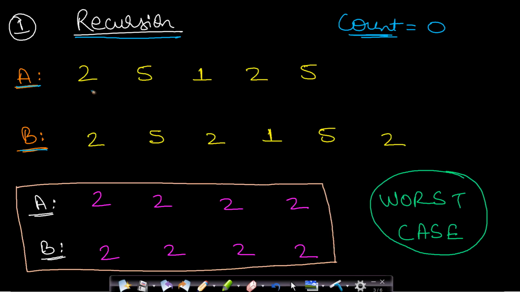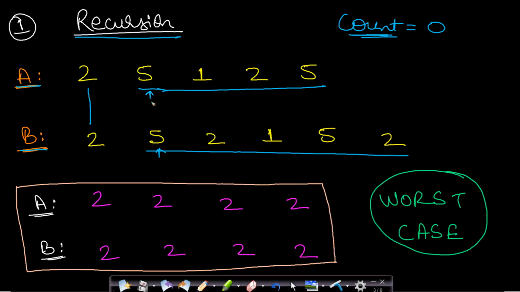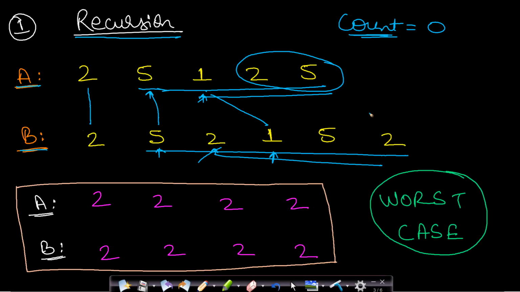Now what we can do is draw a line from this point to this point, since we know that these two values are equal and they are not crossing any other point. Now we can make a recursive call on these 4 elements of A and these 5 elements of B. If we are at this 5 and this element, they both match again, so we can draw a line. Again we can make a recursive call on these 3 points and these 4 points. Again this 1 and 2 are not matching, so now we will try with this one. They are matching, so we can draw a line. Again we will make a recursive call on these 2 points and these 2 points. Again these 2 and 2 match, we can draw a line, and make a recursive call again.